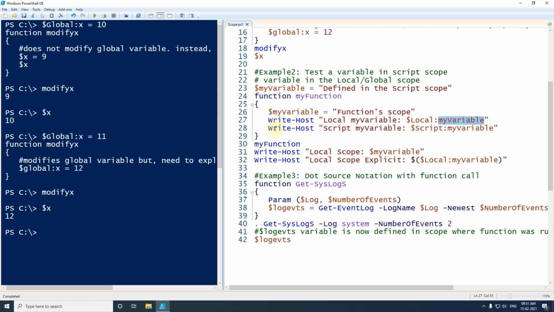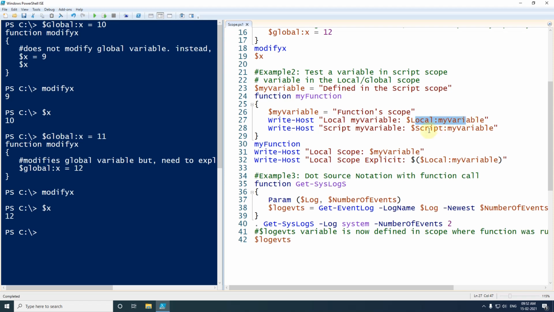And again I am printing the variable, and this time script my variable, and I have specified the scope as script. So when we print the first time, it will take the value of the local variable, with local scope, and whatever value we assigned inside the function will be printed over here.